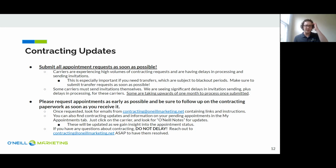So once you've requested the appointments, look out for emails from contracting at O'Neill Marketing that are going to contain links and instructions and anything else you'll need to know to finish it up. You can also find contracting updates and information on your pending appointments. That's going to be in the My Appointments tab of your agent portal. So just go to My Appointments, click on the carrier that's pending, and then in the box on the side, you can look for either O'Neill notes or comments, and that's going to have some updates there. This is a capability we just started building into the portal. So we're going to start updating those as insights and statuses come in,